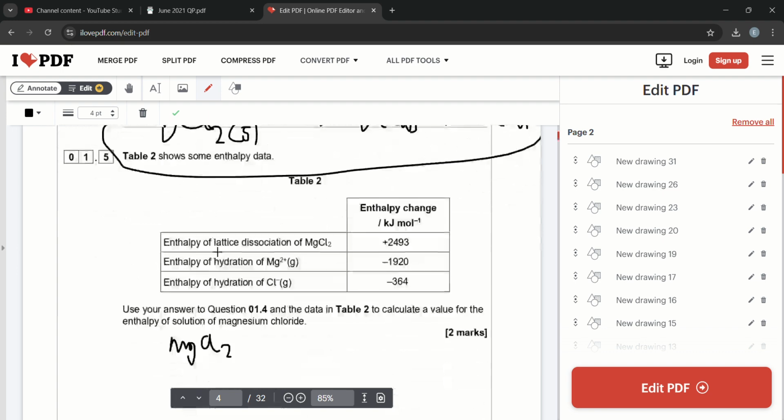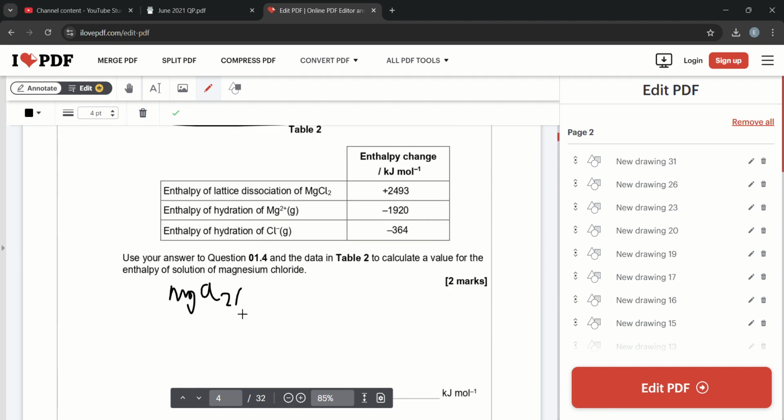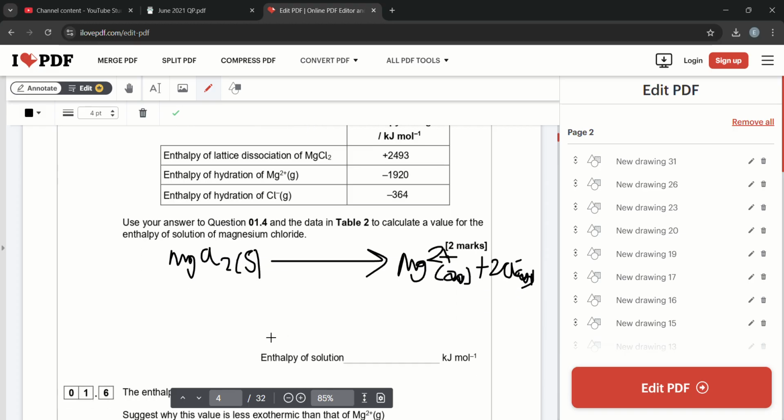So MgCl2 solid, arrow Mg2+ aqueous, plus 2Cl- aqueous,